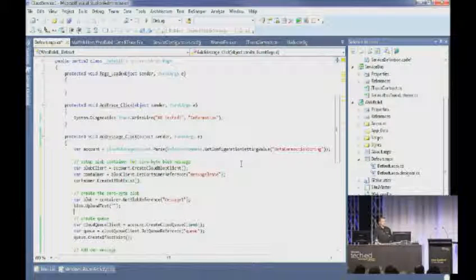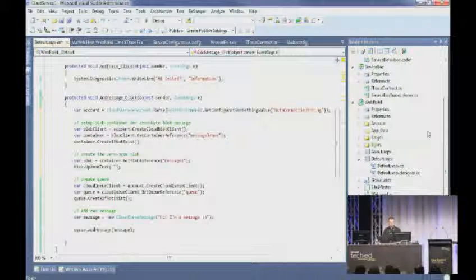So we create an arbitrary container to hold our blob, and then we create a blob called message1, and we don't care what's in it. We just need a blob, any old blob. Okay, and then we add our message as we did before. So on the worker role,